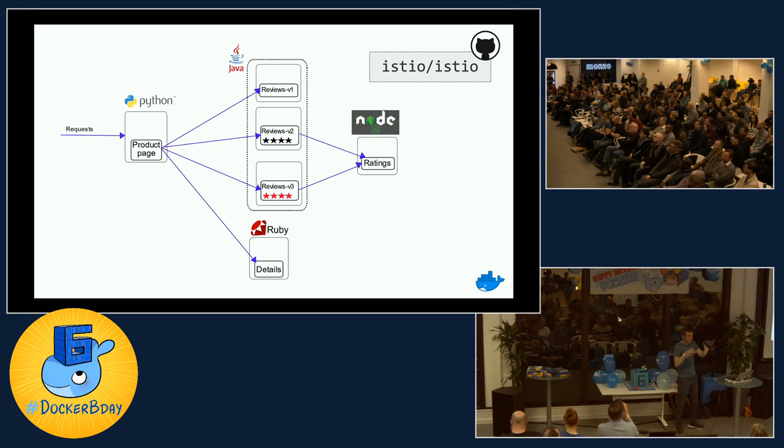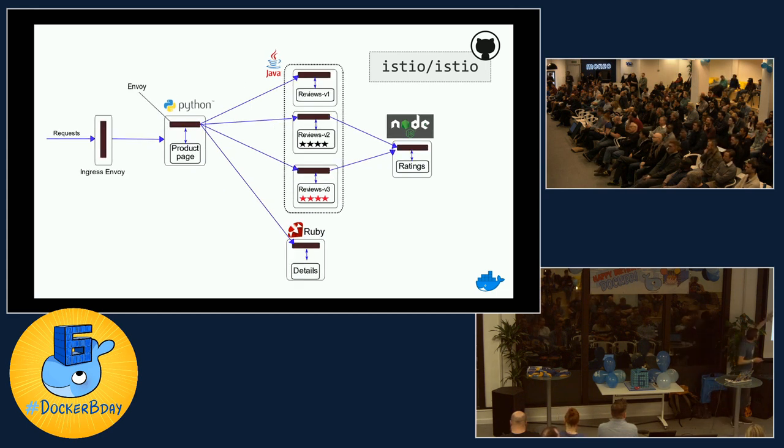And then with ISTIO, I can manage how the traffic is actually working. So you can deploy it without ISTIO. There's just a Kubernetes manifest, which I'll show you if you're interested, to deploy all this stuff. But if you've got ISTIO running in the background and configured, then when you deploy using the same application manifest, ISTIO injects all these components, all these proxies to deal with the traffic.